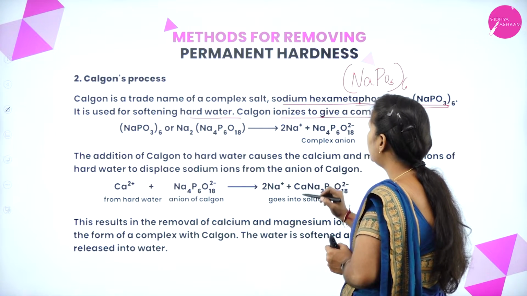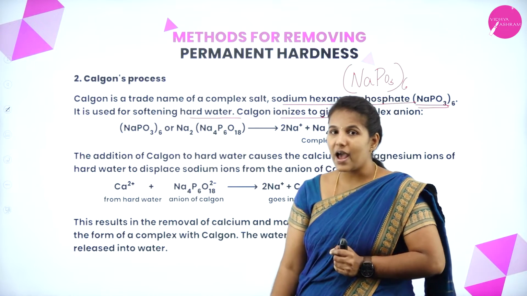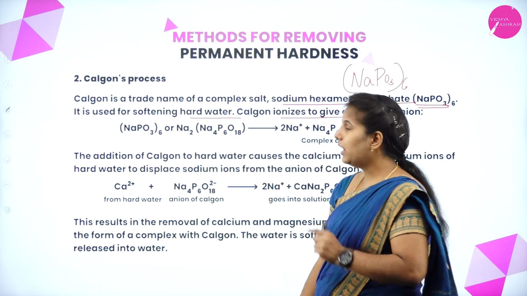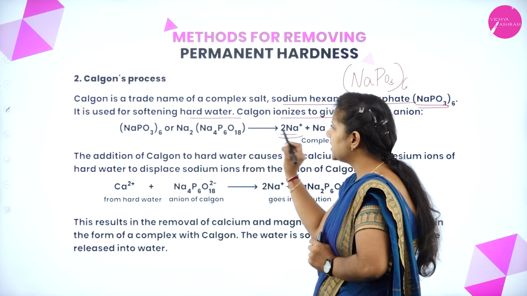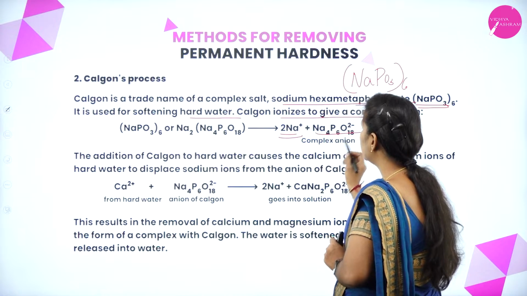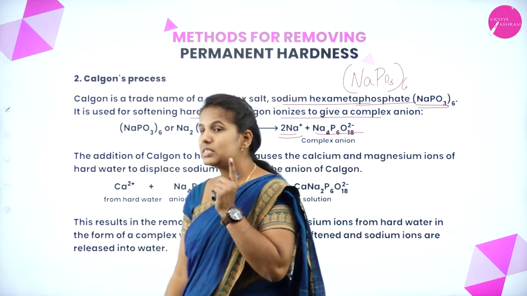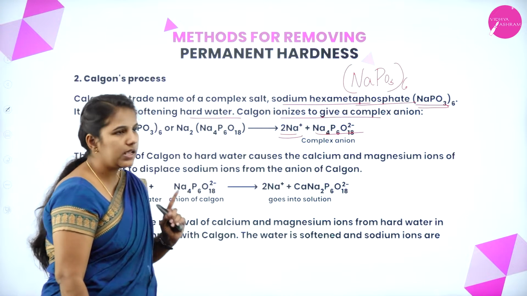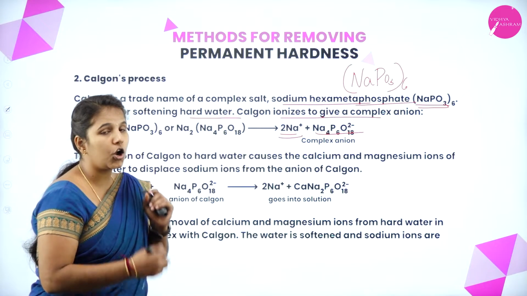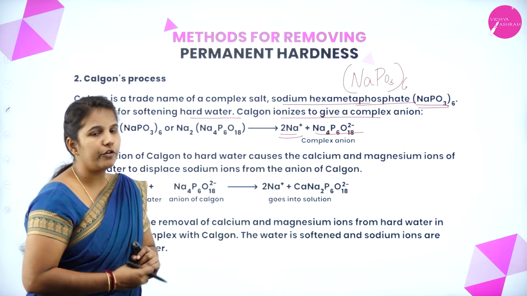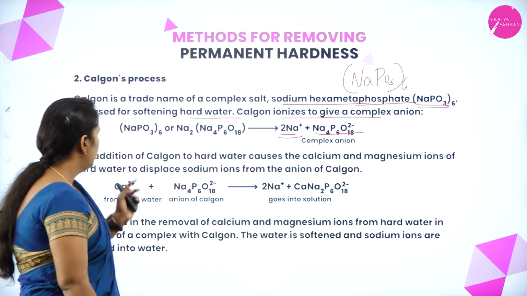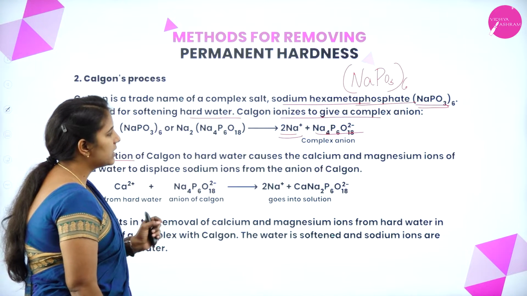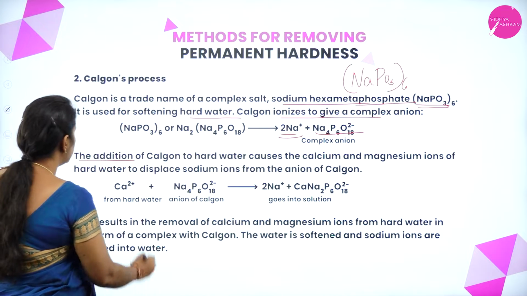Calgon can ionize to give a complex anion. Here you can see that this is our Calgon, and upon reaction it gives sodium ions, with the formation of a complex anion. You can see that Na2P6O18 2- is a complex anion formed from the Calgon. So, the addition of Calgon to the hard water causes the calcium and the magnesium ions